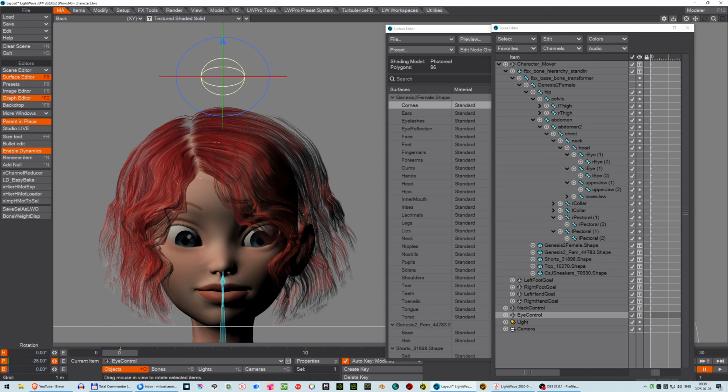Perfect. We can look up and down using the morph. We get nice eye movement. And we can look at the sides using rotations. We need to set limits on that one too. Otherwise it goes crazy too much there. That looks scary. But it works perfectly. So yeah, that's how you control bones and morphs using null objects. Very useful for all